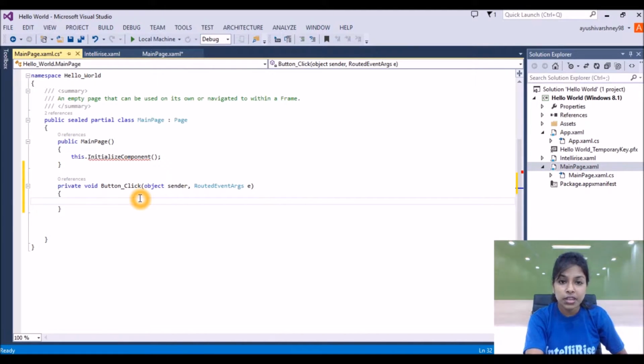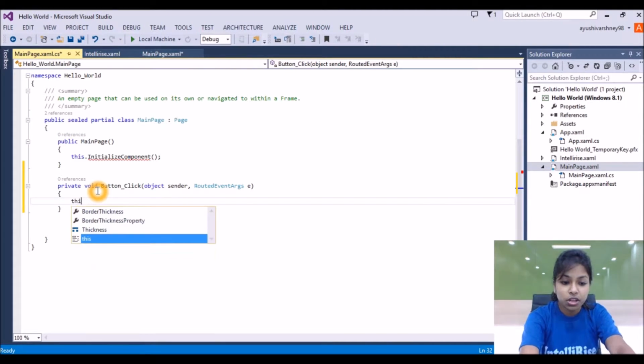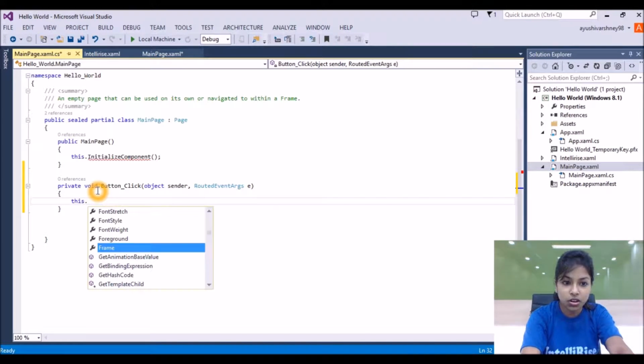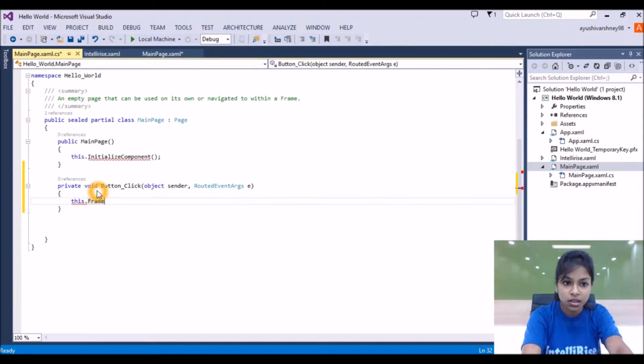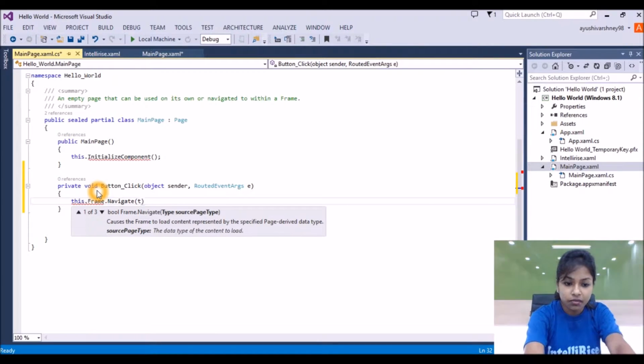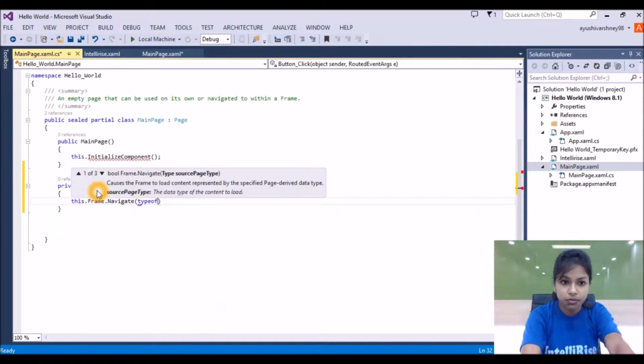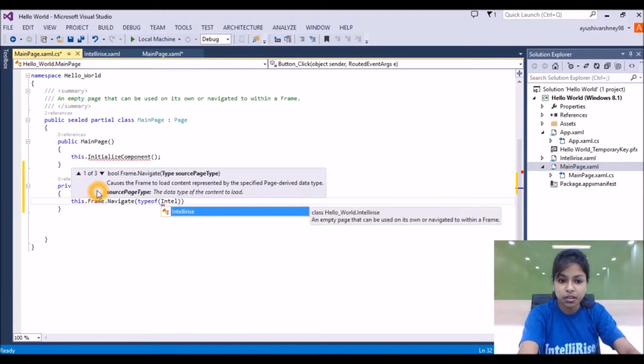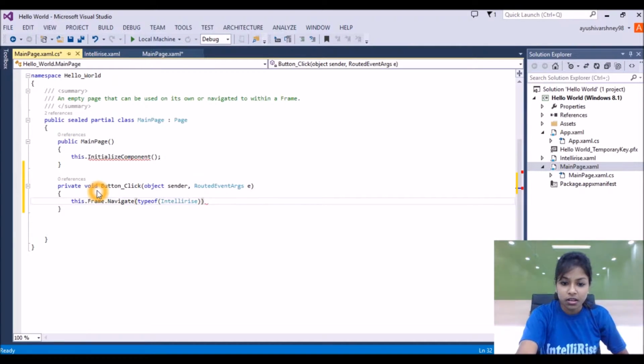In this function we'll write whatever will be performed by clicking on the button. We want that if I click the button, the page should be moved. So I want to navigate: this.Frame.Navigate(typeof(IntelLyrise)); semicolon. If I run this application,